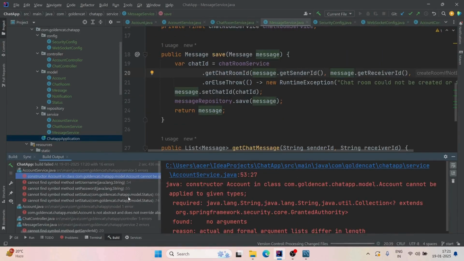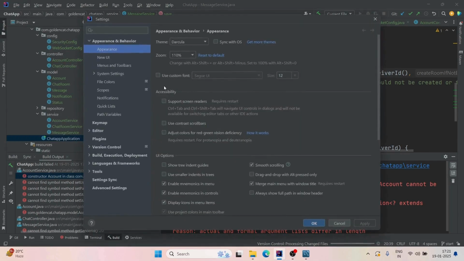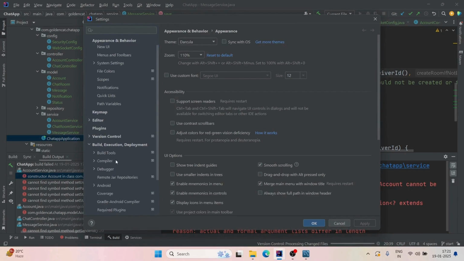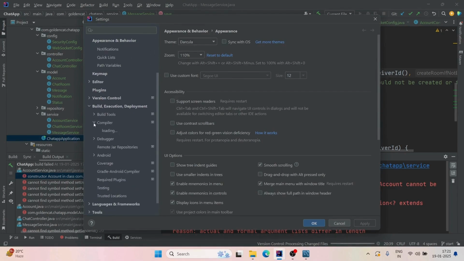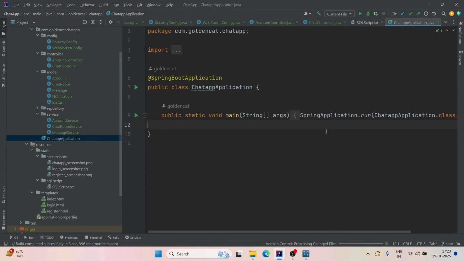Now we are getting back some errors here, which say setUsername does not exist, as setPassword cannot find symbol method. So to resolve these errors, you simply have to go to File, then Settings, then inside this open Build, Execution, Deployment, then Compiler, and then Annotation Processors. Then inside this, go to your chat app and instead of processor path, select obtain processor from classpath. And now if you run it again,